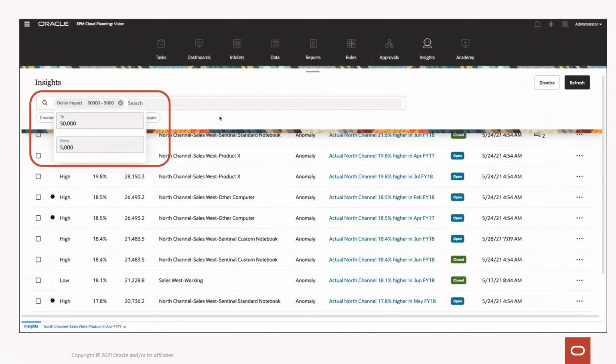Also, you can sort this. So generally speaking, you don't want to have hundreds of insights showing up, but you can tune it to your own materiality, and then the end users can sort the insights the way they want. And of course, it's all driven off of user security as well.